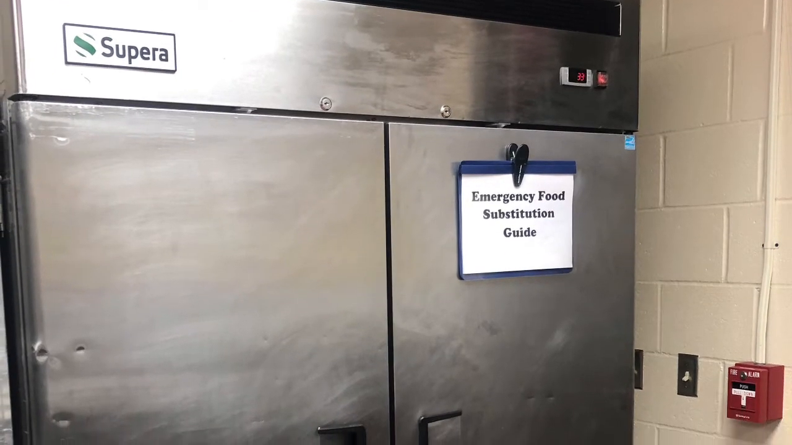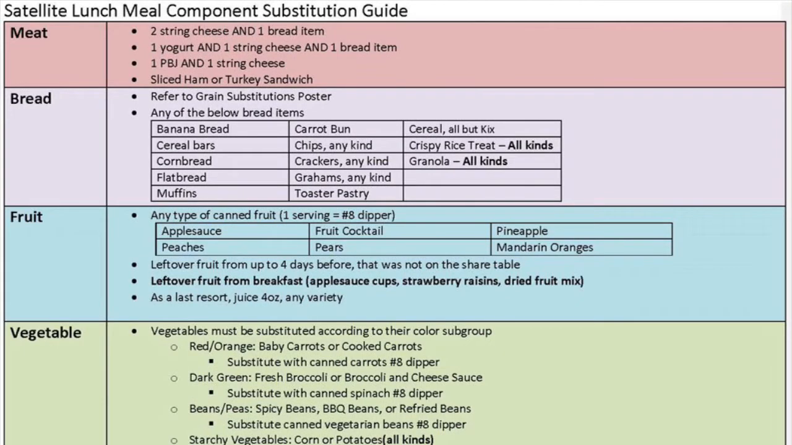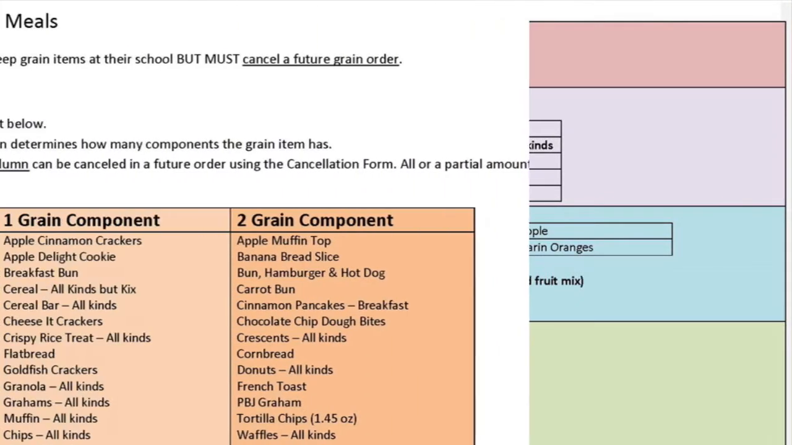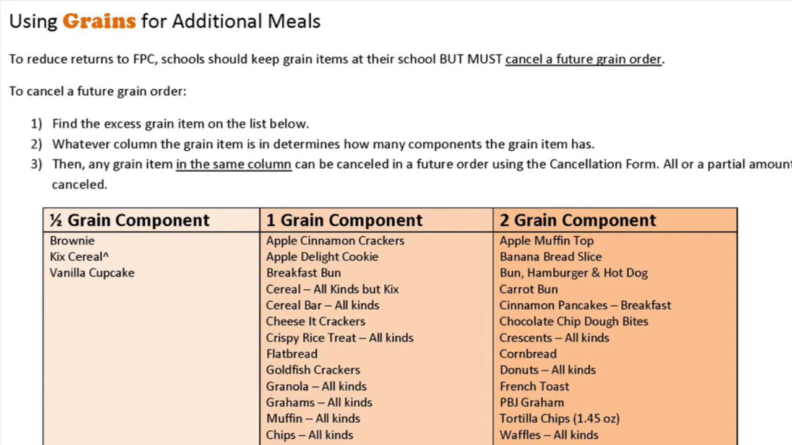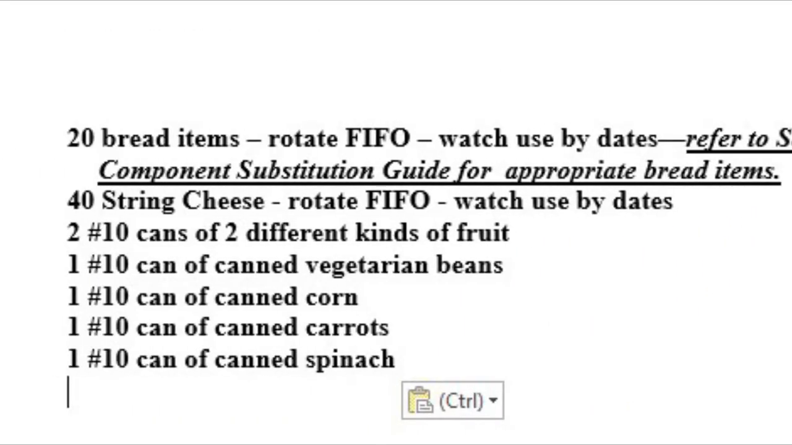There are many moving parts to making substitutions at lunch. If a substitution is needed, FSAs must refer to the Satellite Lunch Meal Component Substitution Guide and the Grain Substitutions page. Before you can follow this guide, you need to be sure you have the correct emergency food supplies on hand. In the Meal Service SOP 9 about lunch emergency supplies, it outlines that each school should have the following